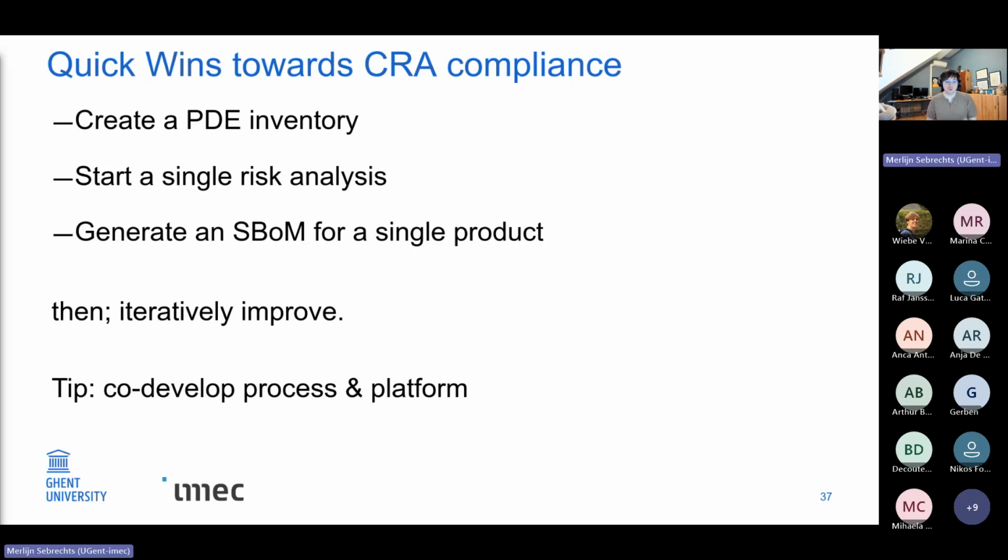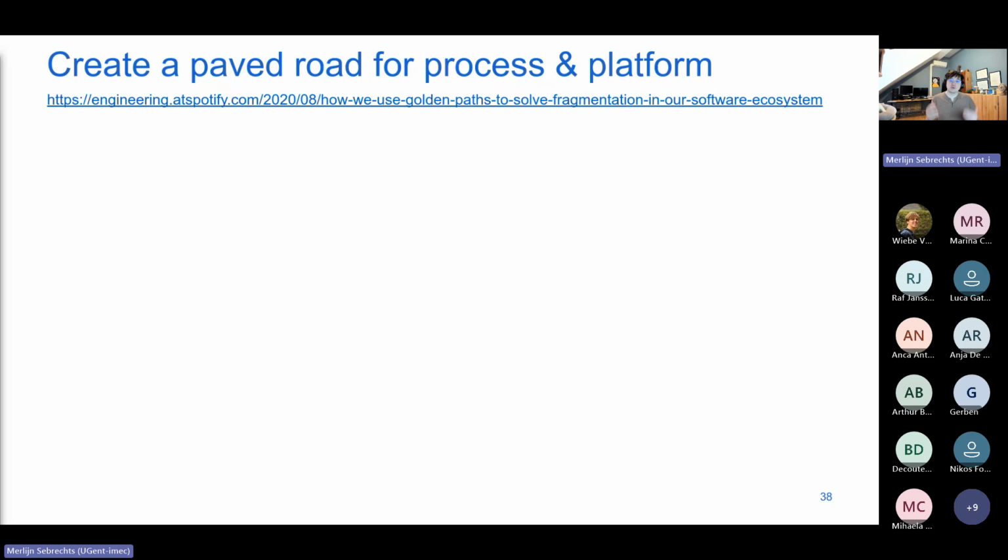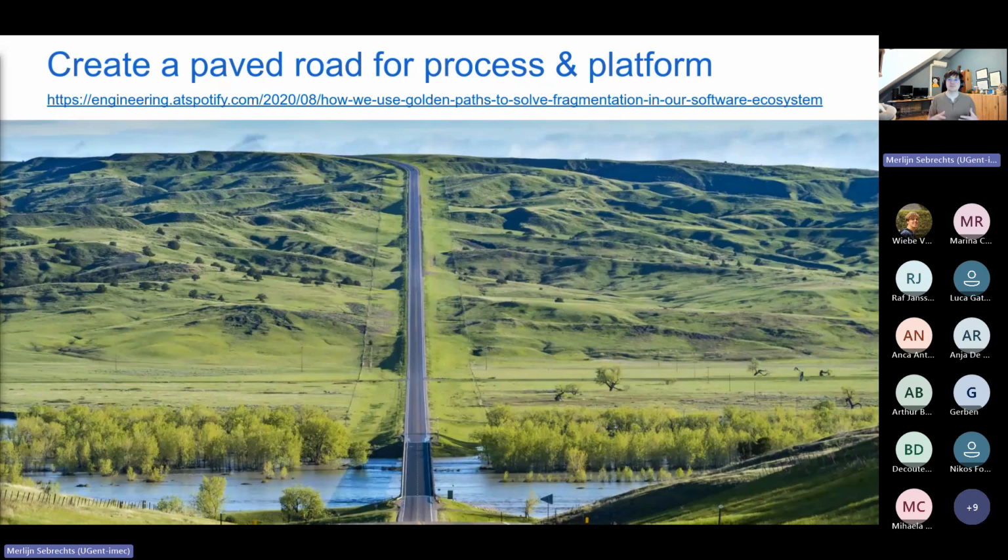A great tip is to co-develop both processes and the platform itself. Because, as I said, you really need to lean heavily on this automation in order to get these requirements in order to be compliant with the CRA. And a great way to build these platforms is to use the paved road approach. This is sometimes also called the golden path. It's basically you have a set of great tools that work for a subset of your products